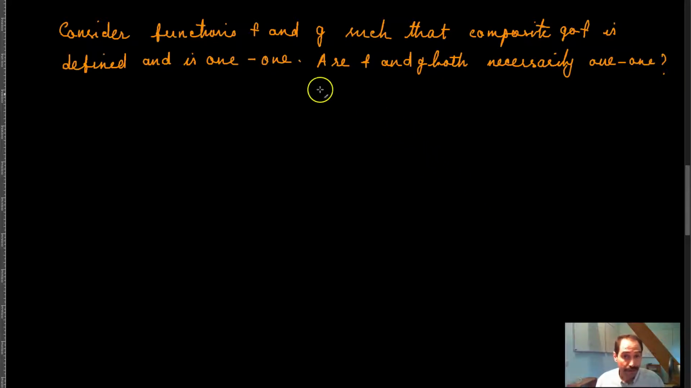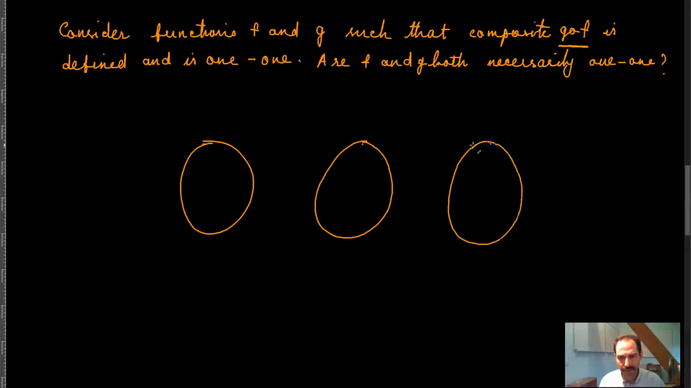So what we have here is two functions f and g in such a way that the composite g∘f is defined and is 1-1. So are f and g both necessarily 1-1? Suppose that you have, for example, three sets a, b, and c, and f is a function that goes from a to b, and g is a function that goes from b to c. Now suppose that both of these functions are 1-1,